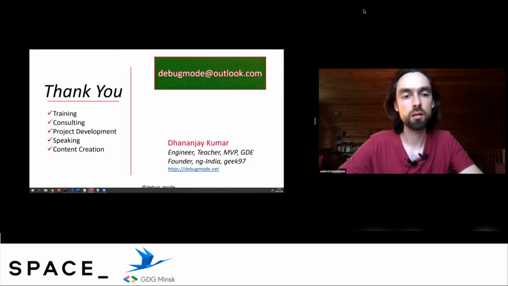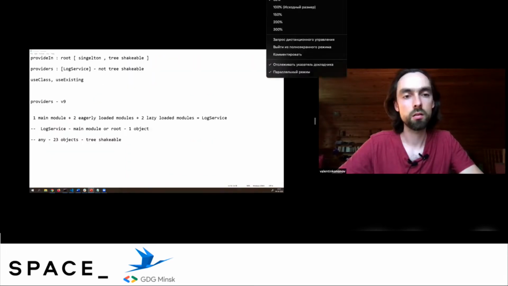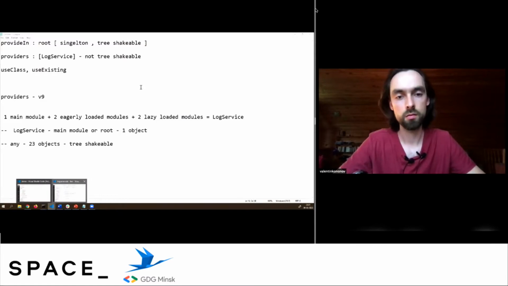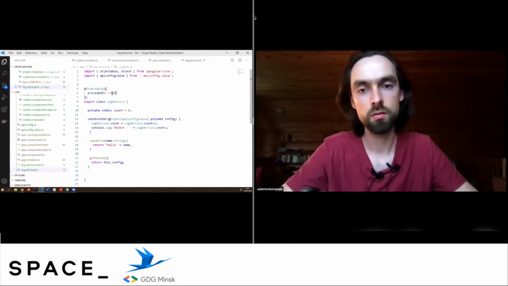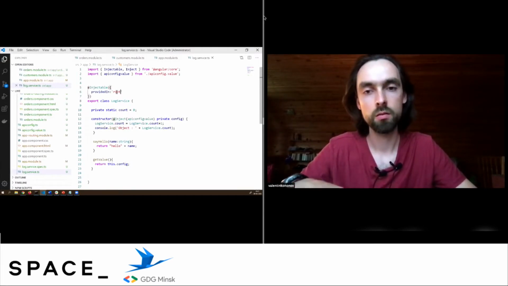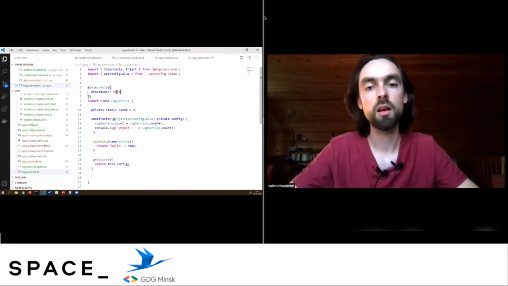So when you create a service using the Angular CLI command, ng g s and the service name, by default your service will have providedIn equal to root set. It means it is a tree-shakeable service. So if you don't do anything, just create a service using the Angular CLI command, by default that is tree shakeable.